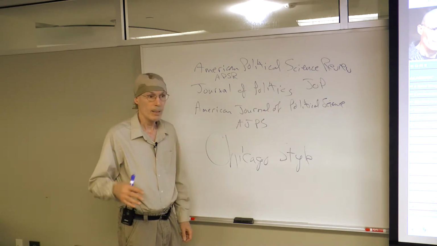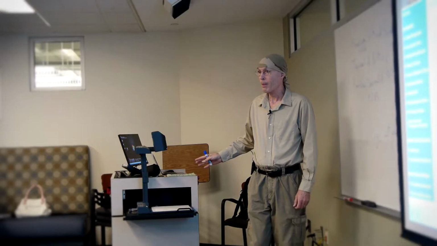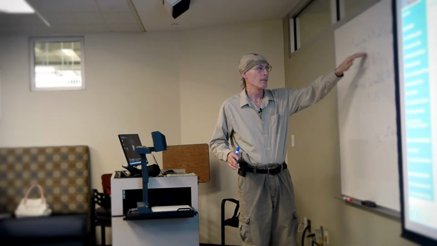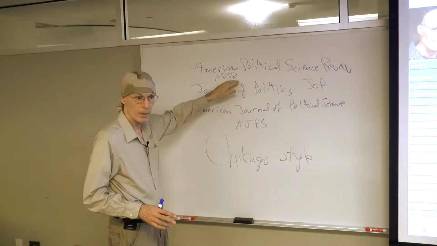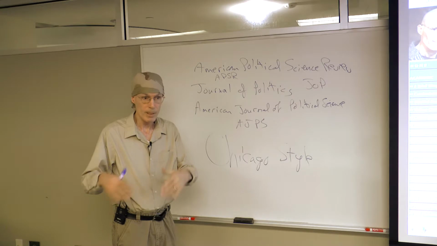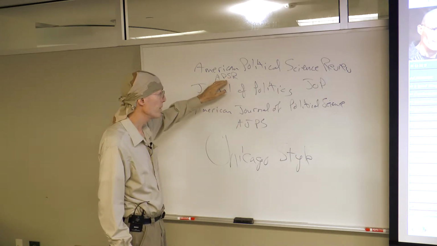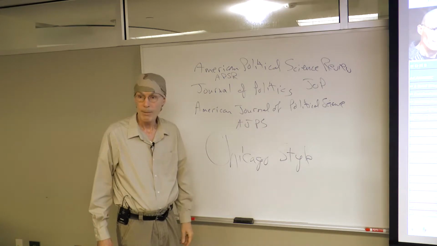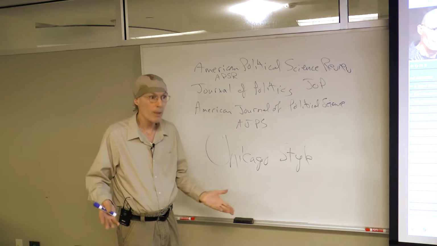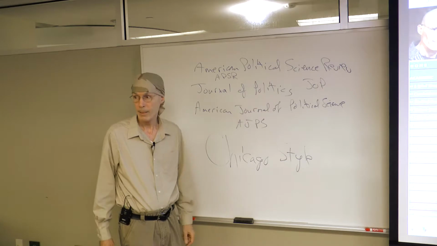Now if you want an example, you can either look up Chicago style as I did for you earlier, or just pull out any recent article in the American Political Science Review. It's all on JSTOR. Remember, you get it on the library, on your laptops. It's easy to get. So you go to the American Political Science Review and pull out any recent article out of that journal. And just look at how they do the references in the text as well as at the end. Make it the exact same format.